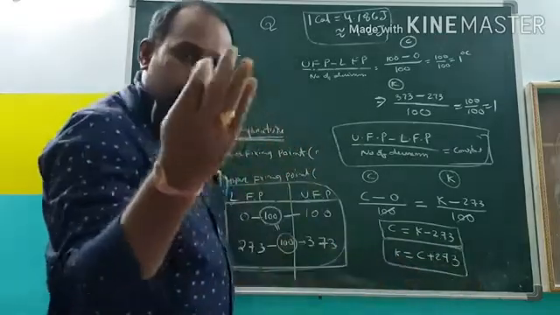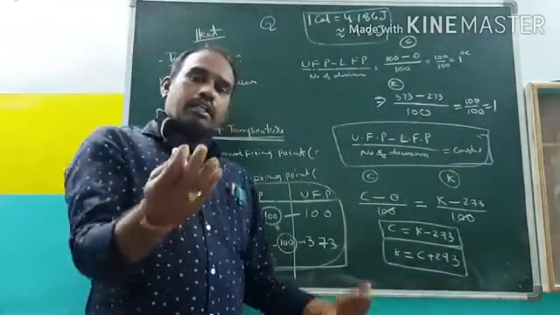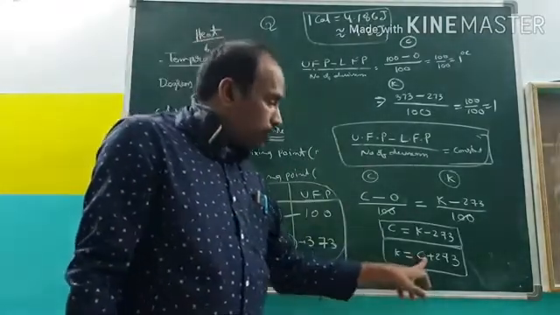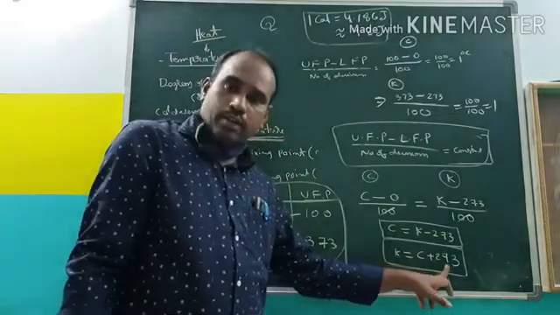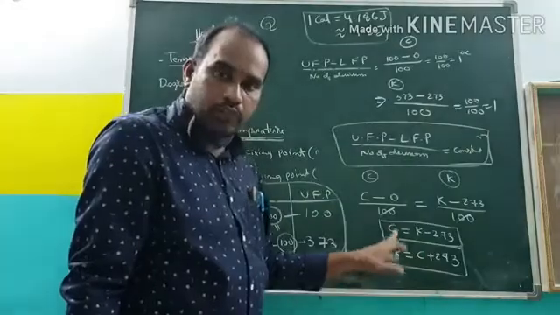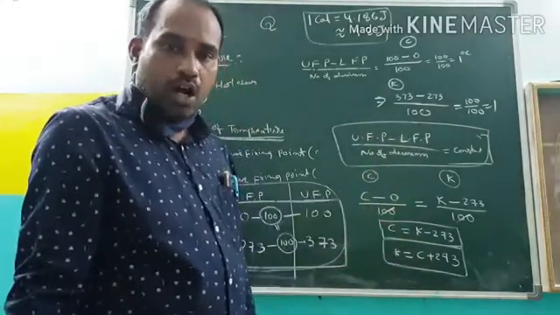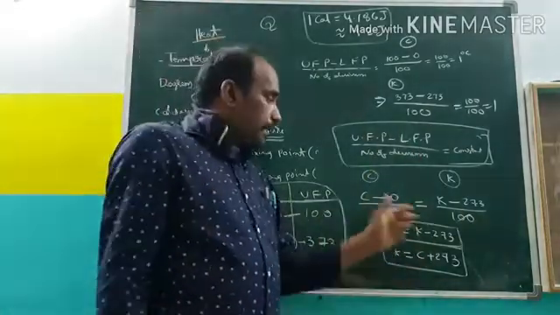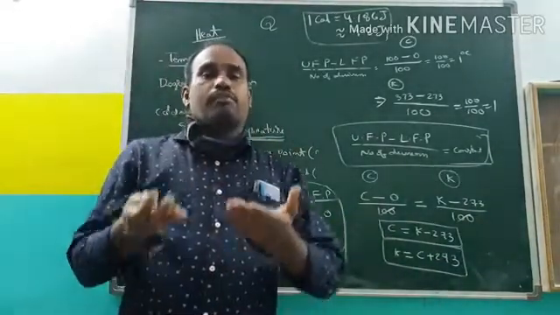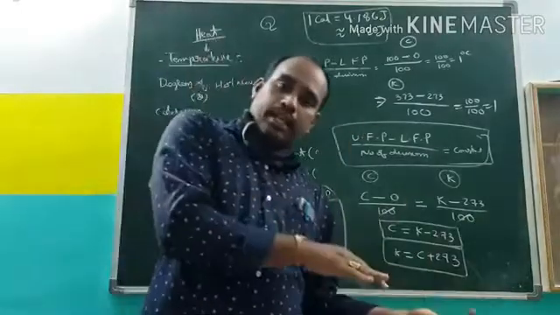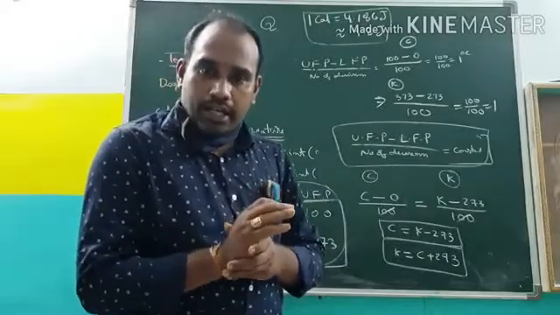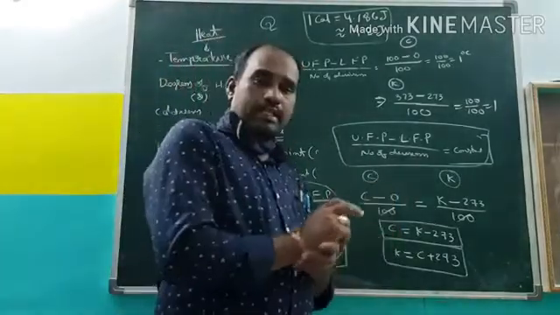What does that mean? We have a Celsius scale value that is converted to a Kelvin scale value. What are you doing? Just adding 273 to the Celsius value, and then the Celsius scale value is converted to the Kelvin scale value. Are you clear now? So based on this, we are just changing temperatures from the Celsius scale to the Kelvin scale or from the Kelvin scale to the Celsius scale.